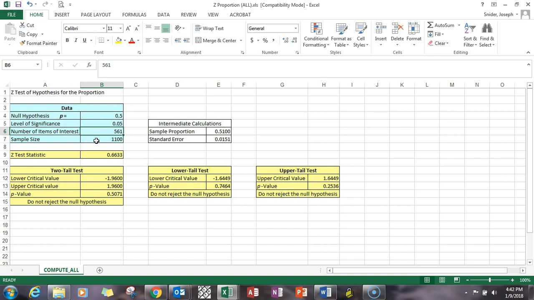For instance, if I had a store and I had 1,000 people come in during the day and 500 actually bought something, that would be the number of items of interest, how many people bought something. Okay? Otherwise, this operates exactly the same way, and you have the two-tail test, the lower tail test, and the